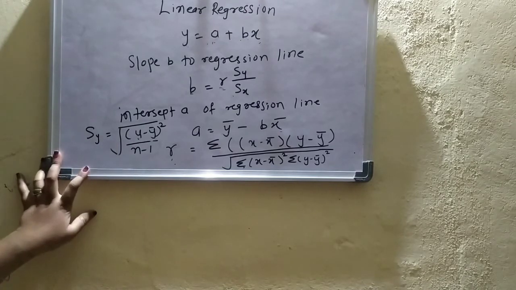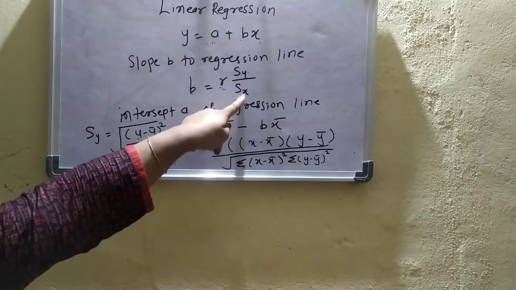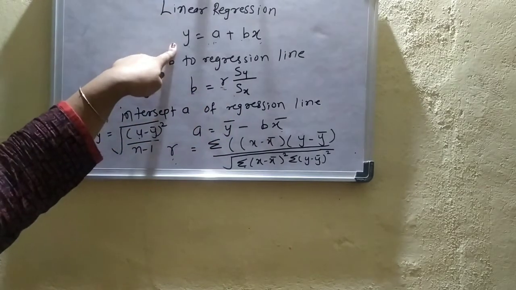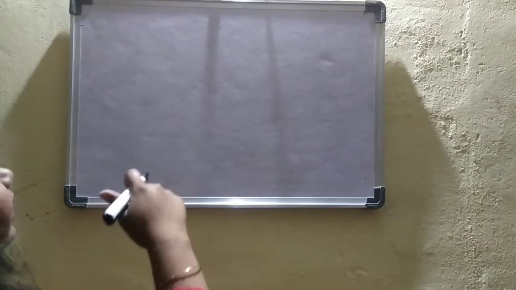So we can calculate the standard deviation of y, the standard deviation of x, and r, and then we can put them into the formula and get the value of b. Similarly, we can calculate the value of a. Here y bar and x bar are the means. Now if we consider the case as simple linear regression but with multiple variables, that is multivariate analysis.